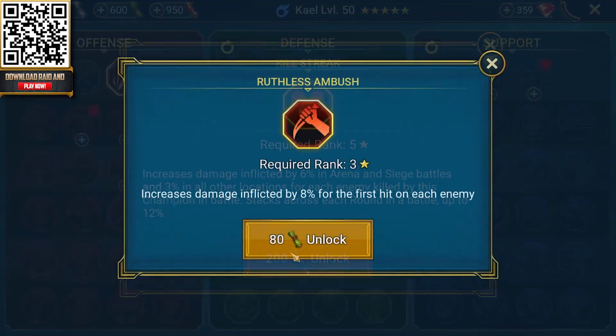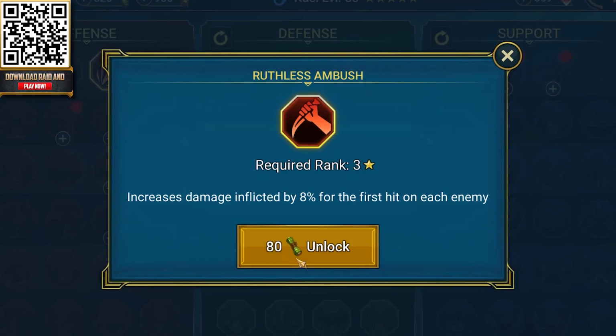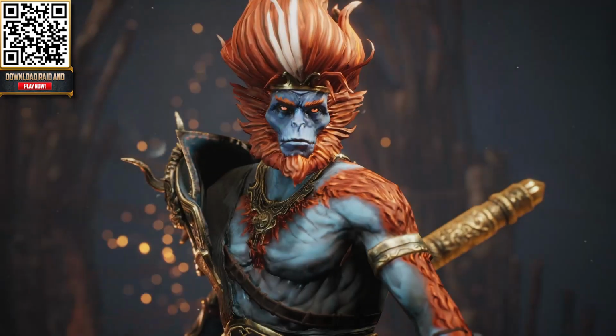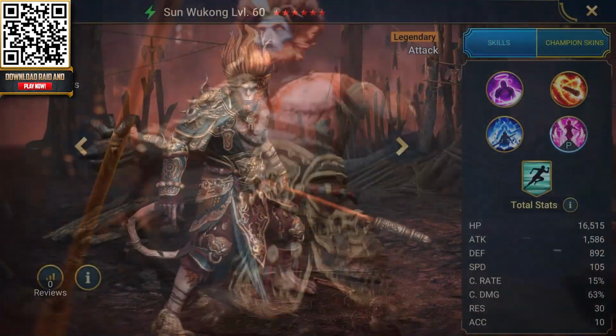The masteries you cannot skip are Ruthless Ambush. That's an 8% increased damage on the first hit, and when you're dealing 50 to 100k damage per hit, 8% is massive. Now, let's talk about Sun Wukong, and guys, this champion is an absolute game changer for new and